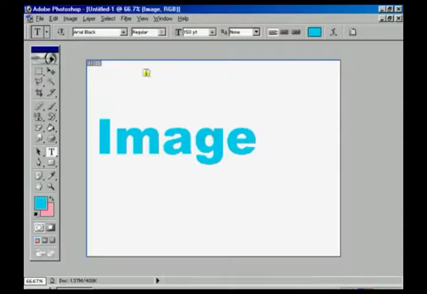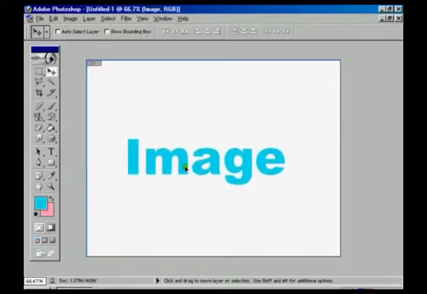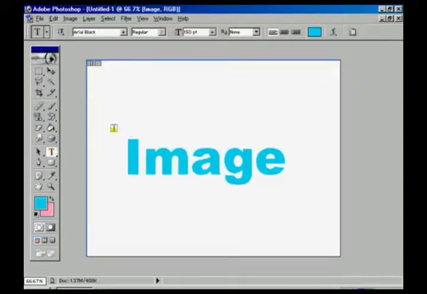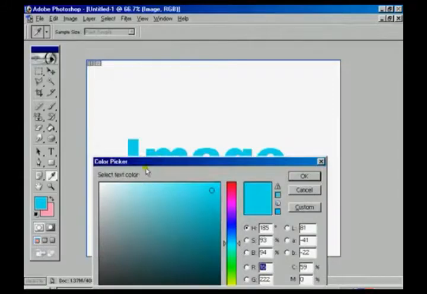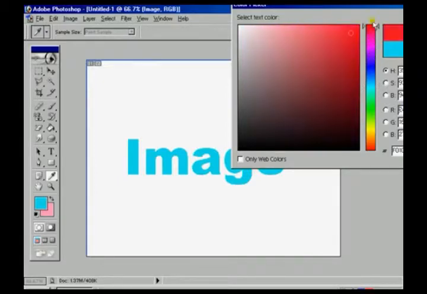Now we can see, first we have to select the move tool to move that one to a proper position, like the center position. Now using the text tool we can't move that text. Now you have to choose the color. For that reason the color palette is appearing. Now we can click any one of the colors, like red, blue, green,